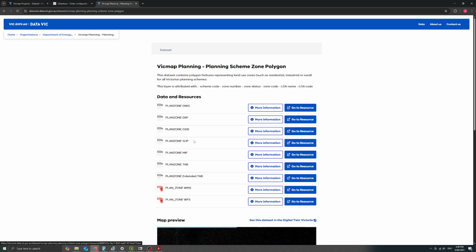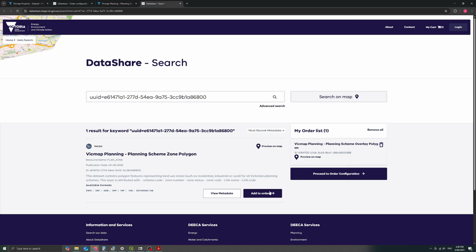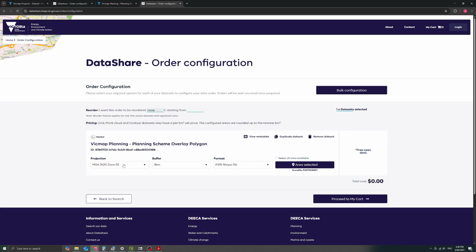What you want to do is get the planning scheme, get the SHPs for it, and whenever you get any data from the website, you just add it to your order. Then you can proceed to ordering it, and I choose the projection type of zone 55,